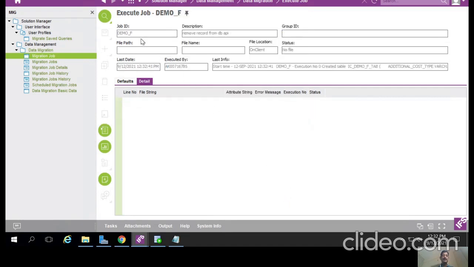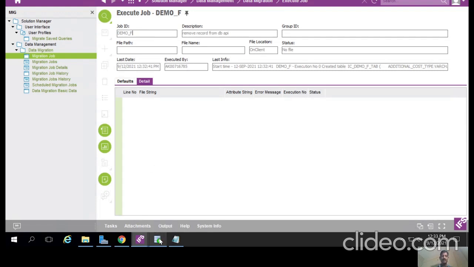So guys, now one of the time table is automatically created for this procedure. So how can you check your report? The time table will start with IC, okay, IC underscore your job name, and at the last an underscore tab.